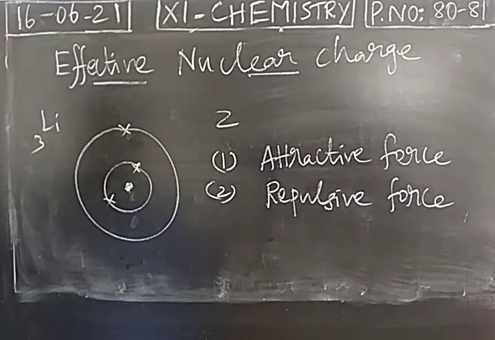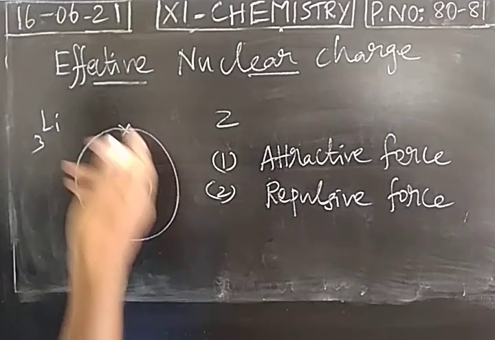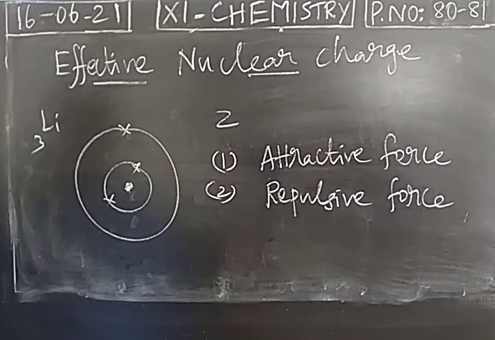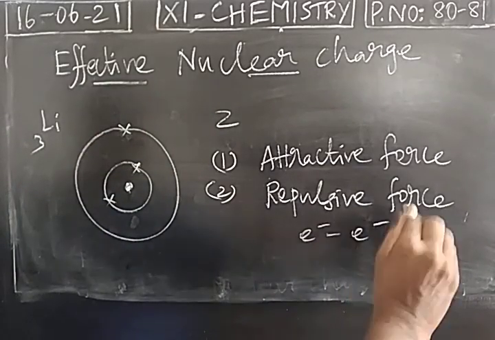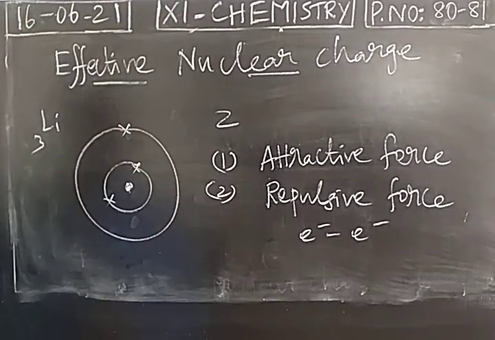We know that opposite charges will attract, and same charges will repel each other. So when you consider the electrons, all the electrons have the same negative charge, so definitely there will be repulsion. In the nucleus also, proton-proton repulsion will be there, but it will be overcome by neutrons. So neutrons will overcome the proton-proton repulsion in the nucleus. We mainly consider electron-electron repulsion. All the 3 electrons have the same negative charge, so definitely repulsion is present between the electrons.